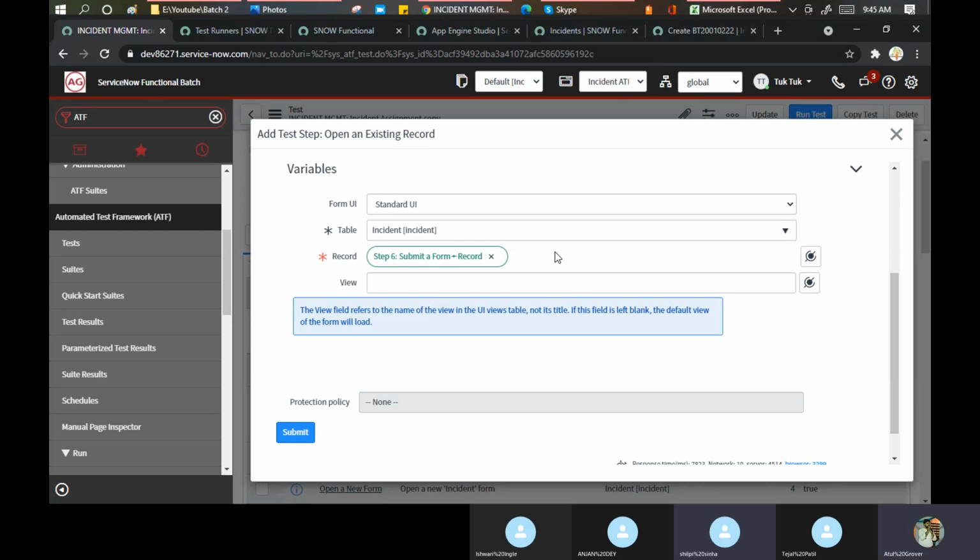It's a simple point, you are doing testing. In test case 1, you mentioned to create an incident record. Okay, the record has been created. In step number 6, you want to do some operation on the same incident. What will you write in your test case?